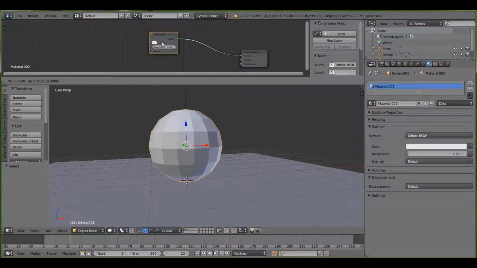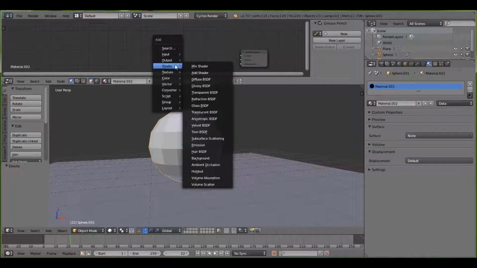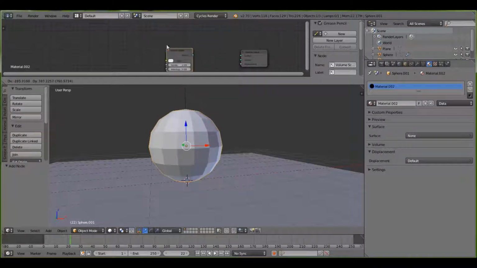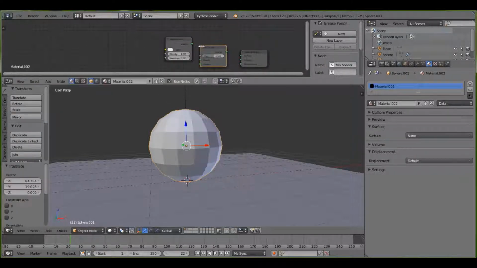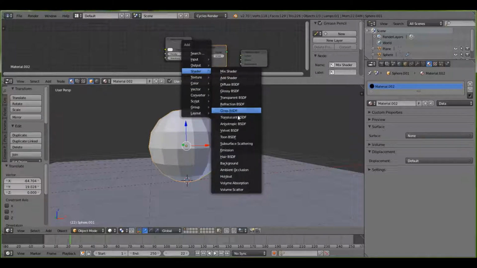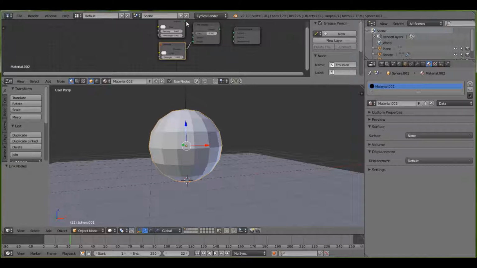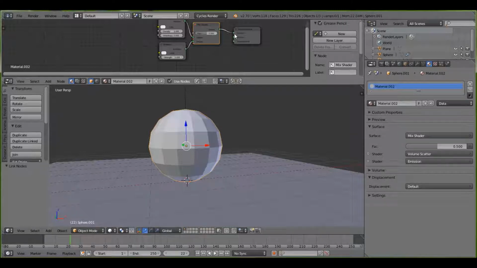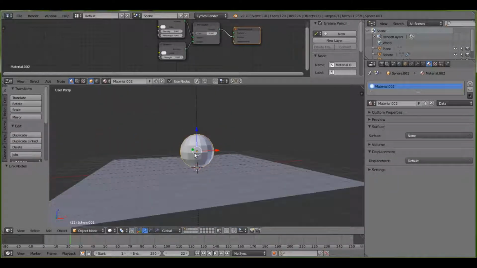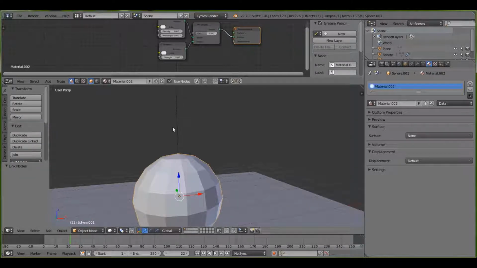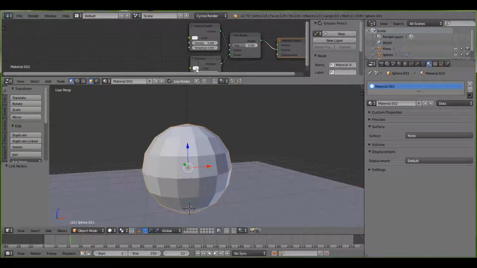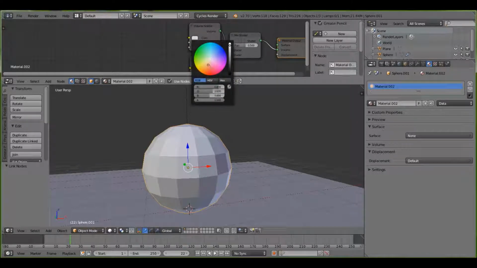Replace this diffuse with a scatter, then a mix, and an emission. And this is going to be your explosion. It's not that hard. But you want the explosion to be going all over the place. Now you want it to be sort of orangish reddish, so the emission is going to be the primary color. So set it to orange and